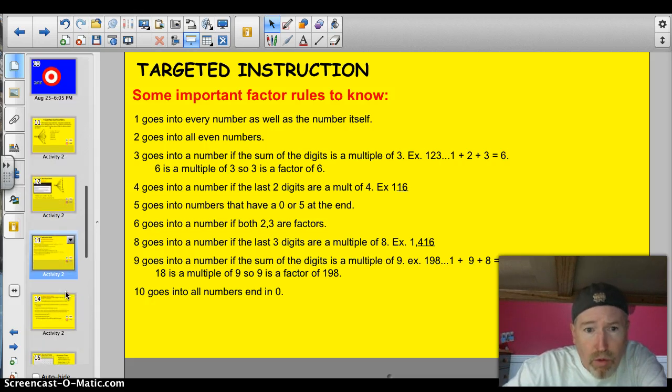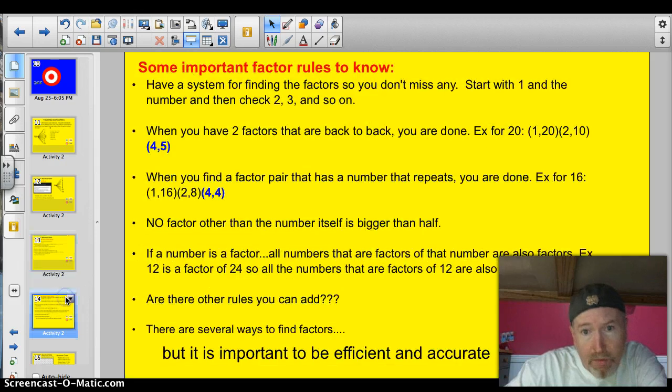Some other important rules to know about when factoring. These are some of the stop rules, and I've developed these over the years with Ms. Goldman and Ms. Holman. We've made this list that's really helped kids, and so I'd like to give them a